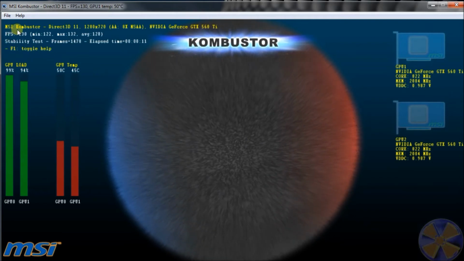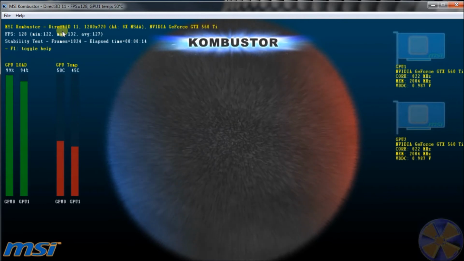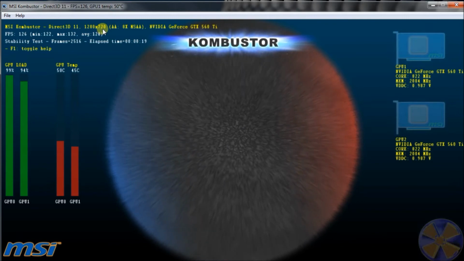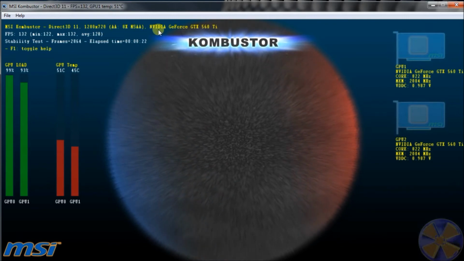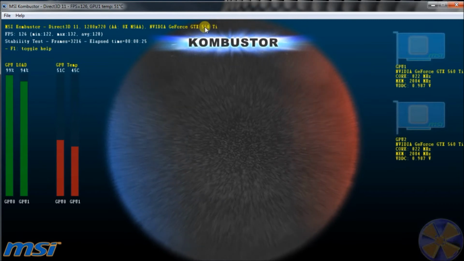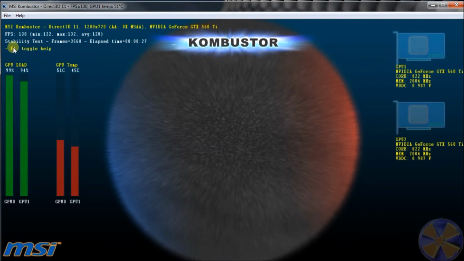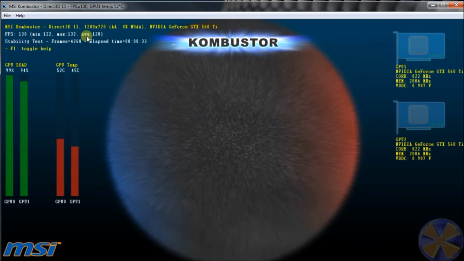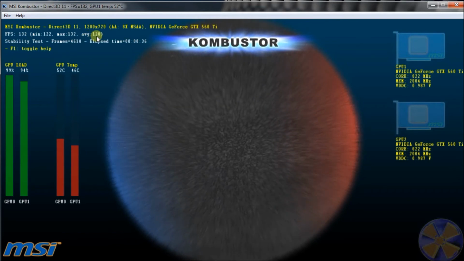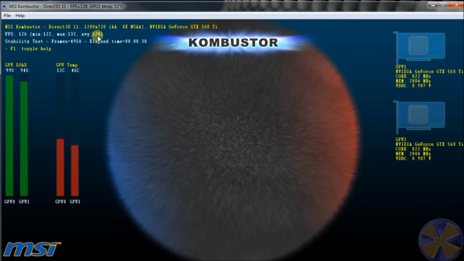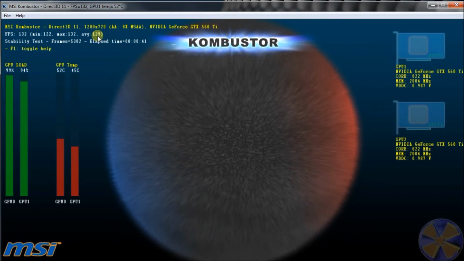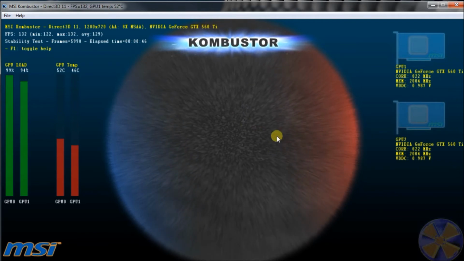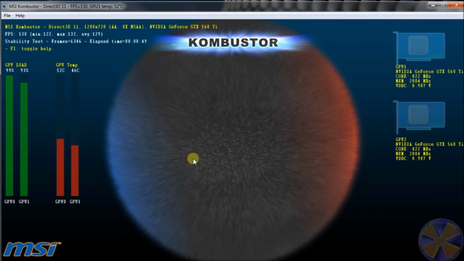Up here in the top corner, you can see that we're running Direct3D 11 or DirectX 11. You can see the screen resolution, all this stuff. It'll give you a listing of the card that you have. Right here you can see frames per second. We're reaching 130. It'll give you a minimum, maximum, and the thing we're most concerned about is you're going to have an average. So we're getting an average of 128 to 129 frames per second. It's basically just churning through frames of this, and this is a very graphic intensive object that we're simulating here